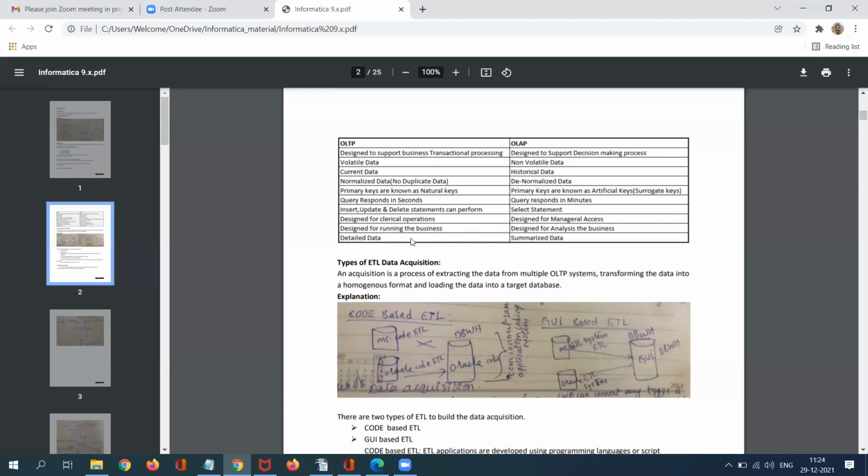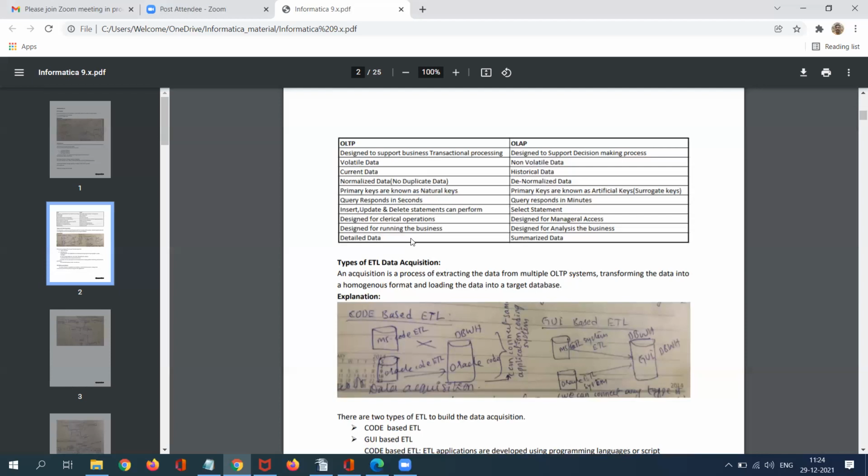In OLTP, we are capturing detailed information. If you are running any sales related business, all sales information will be captured here. If you are running a telecom related business, all particular record information like customer CAF, customer application form, is captured. We see the customer application form in telecom related operations.